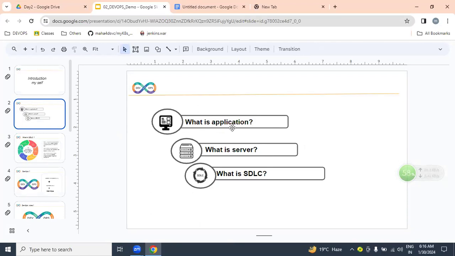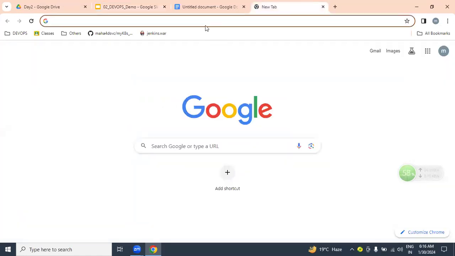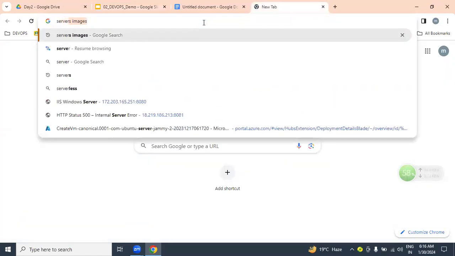The working software which is written in any programming language, we call as what? Application.